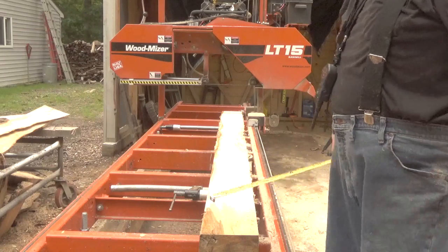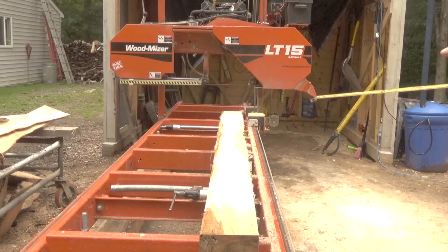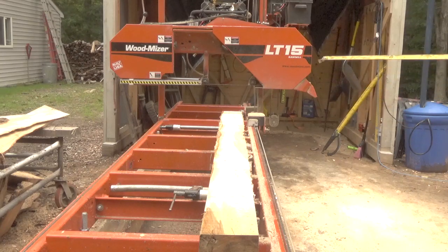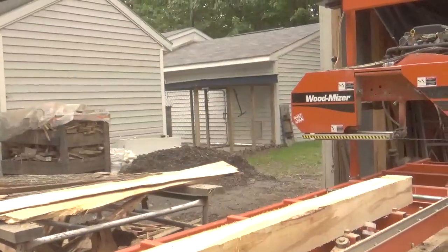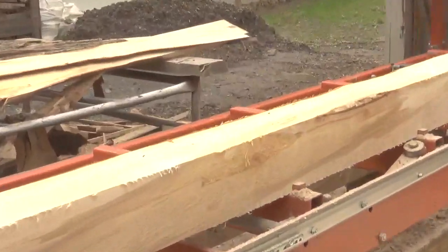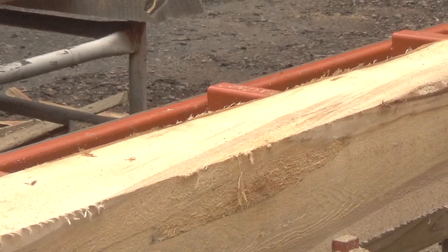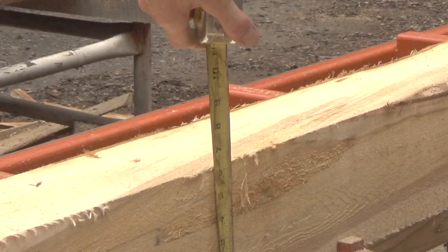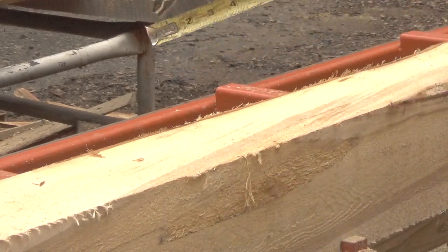So there's the 6-inch cant. The first piece off of here is going to have some wane on it. That doesn't bother me as much as this little spongy spot in here. This is going to take pretty much off of this. It's all the way down there to 4 inches, so I might get 3 boards out of here, and I might,